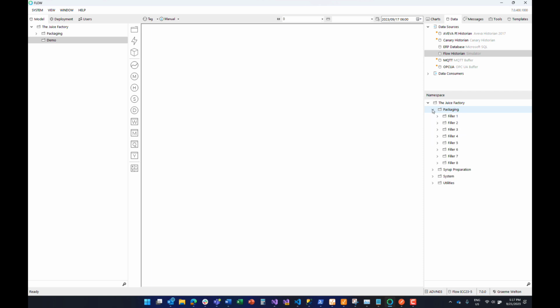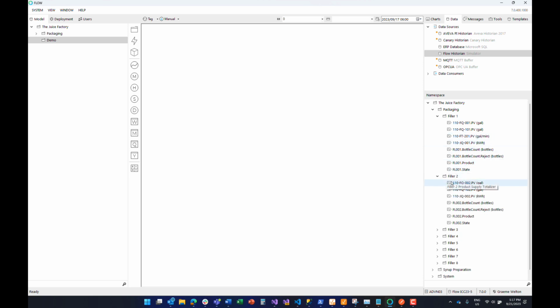In this case, I get a folder and tag view. So you can see these are the tags that we've actually auto-addressed when we built out these lines here. What I want to talk about now is the concept of a tag within Flow, and through that I'm going to use the state tag. You'll see I've got a state tag in each of these